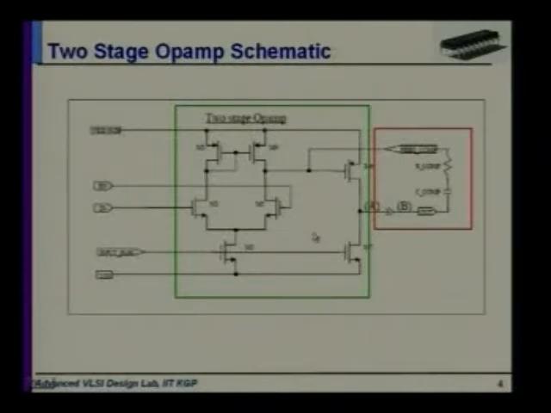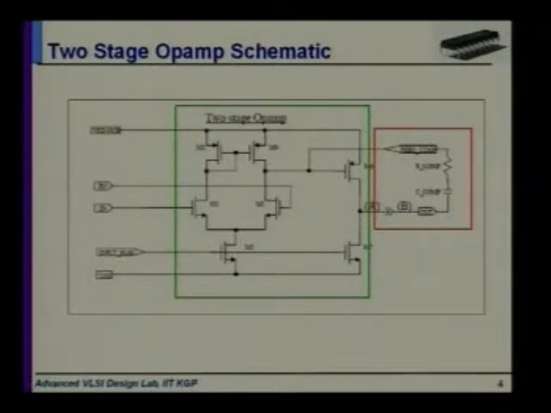Suppose at the in minus terminal we apply a small signal voltage, and we want to get the signal at the next stage input, that is at the drain of the M port. What would be the small signal gain? It is GM1, that is GM of the first stage, and at the output, the impedance seen driving the second stage is simply the parallel combination of the drain to source resistance of M4 and that of M2.